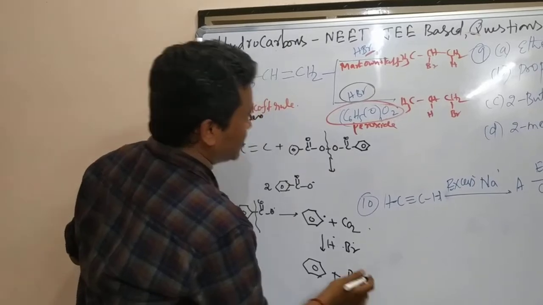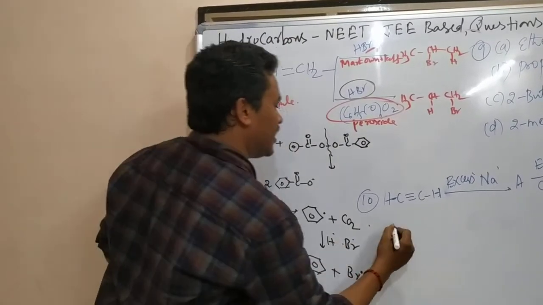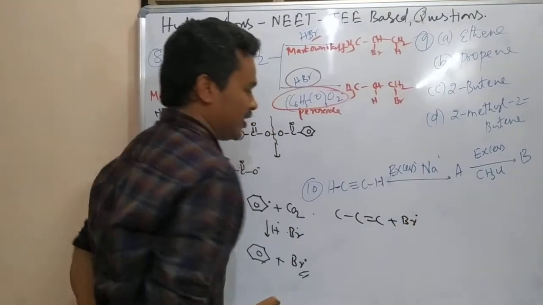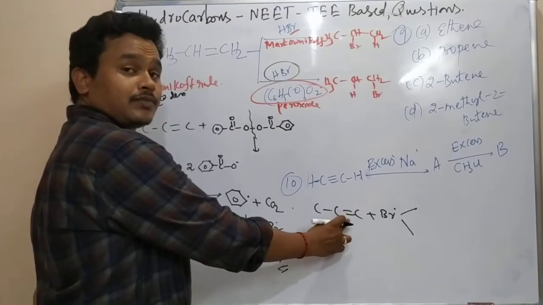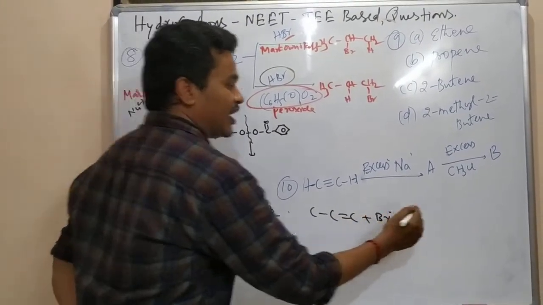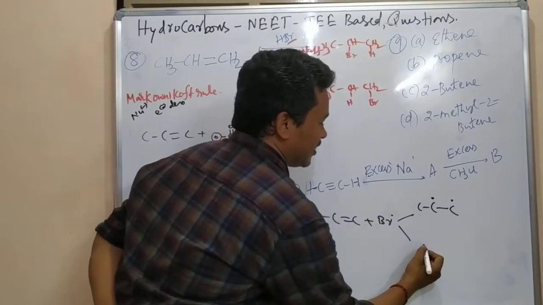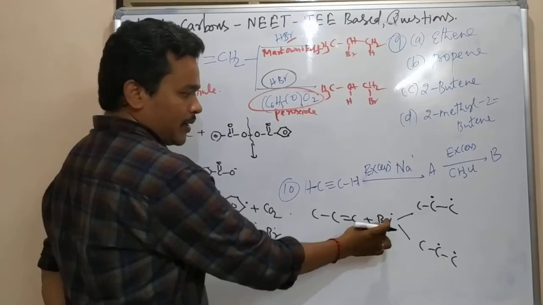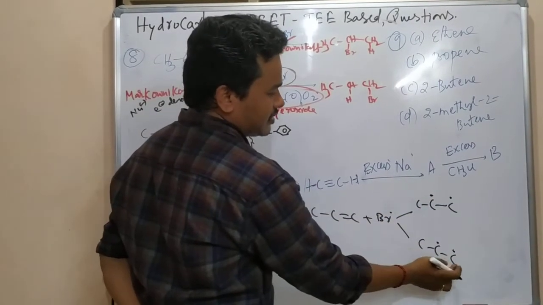This Br radical will go now. From here onwards is our mechanism. This will go to where? This alkene. There is an alkene, see that? C double bond C. See here, Br radical going. As per our knowledge, what is the possibility? This double bond means here one radical, here one radical. According to common sense, what I am writing: here one radical, here one radical. So the Br radical can attach here, otherwise here.